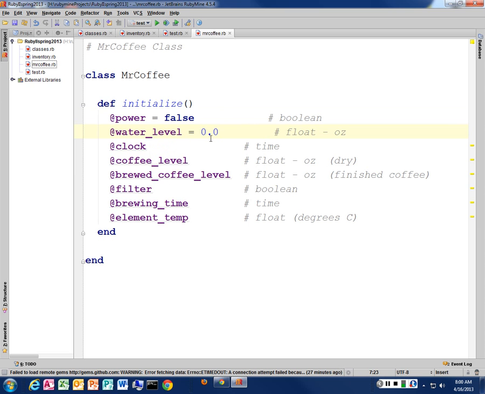It's going to be a float. Our clock. All right, so